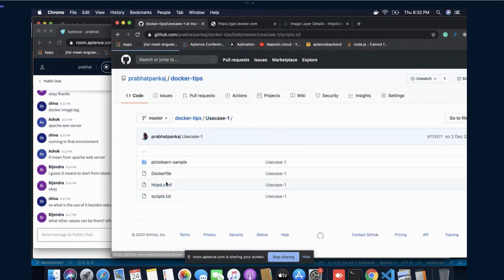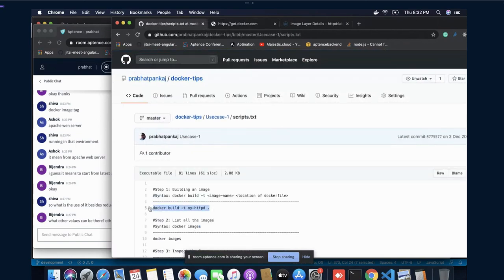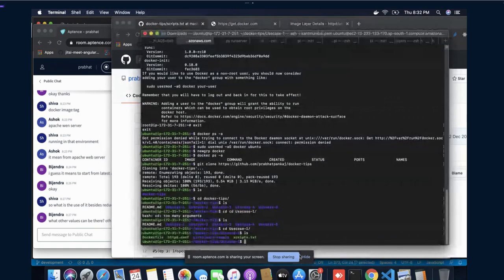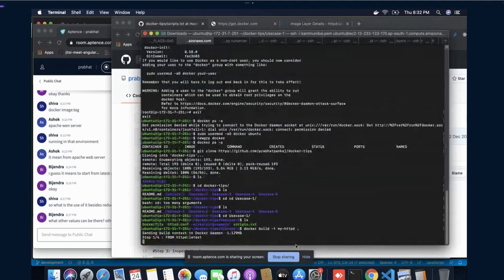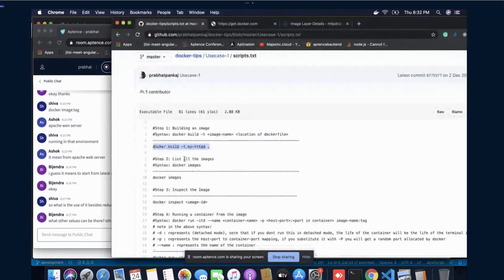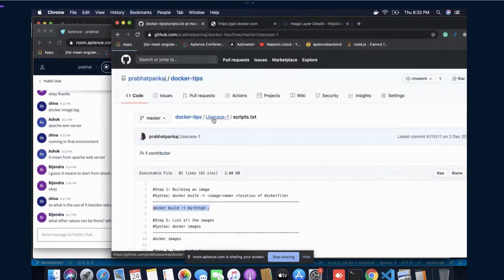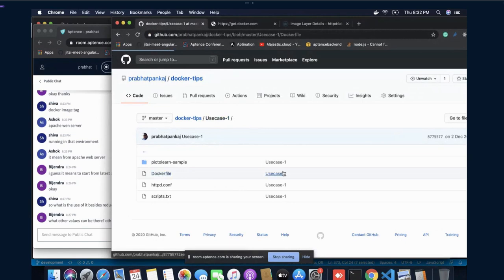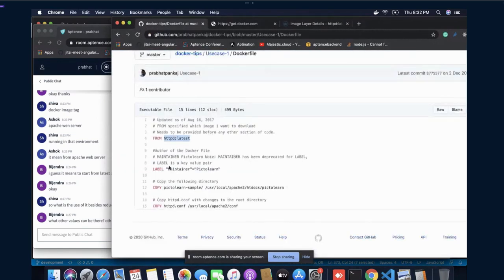A script I have already written for you. So simply run this command. Go inside home test, use case one. I run this one. So what will happen? It will show what exactly they are doing. See, can you see why it is showing step 4? Because these are the steps that we are performing. If you go to the Docker file, we have first step, second step, third step, fourth step. That's why it is showing step 4.